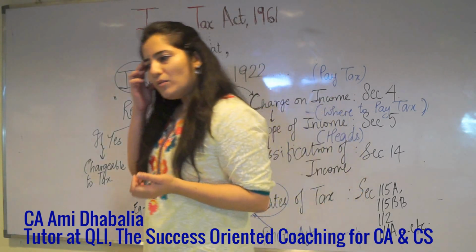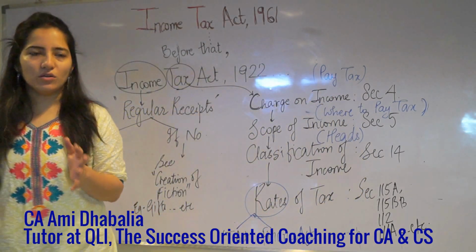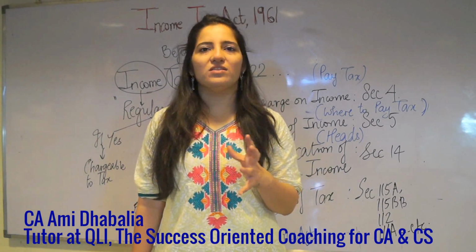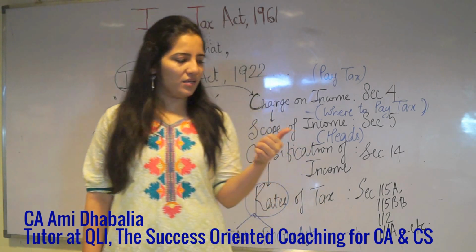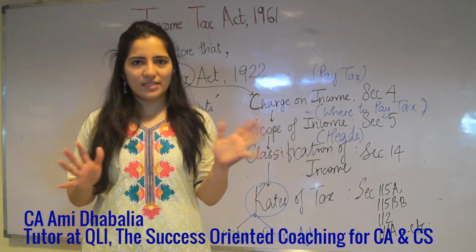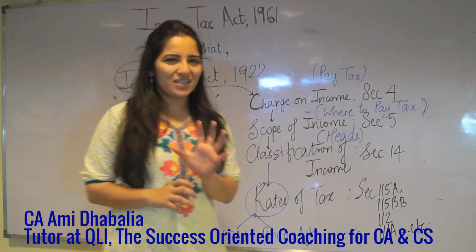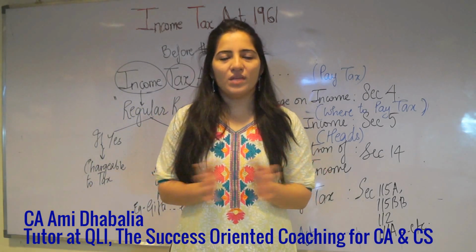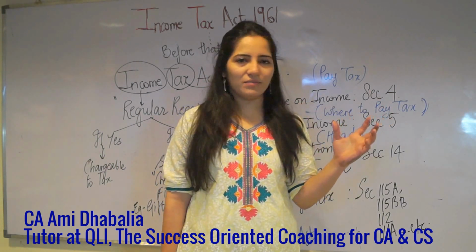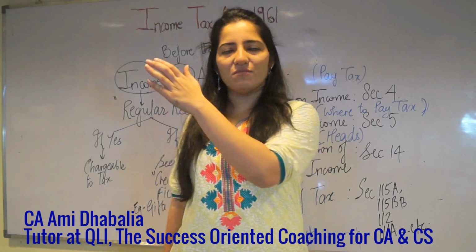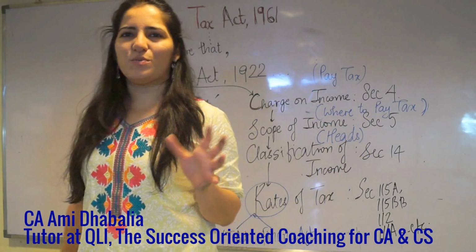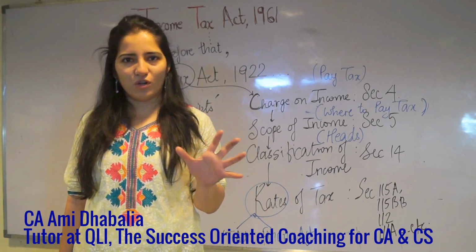After that, people started doing bigger work. The amount as well as the volume also increased, and thereby these five heads of income that we know of today, income from salary, business, house property, capital gain and other sources, came into being. So these are basically the things which you and I know. Now the intention of this lecture is to get you through the basics of income tax, starting from section 1 to section 10. I'm not going to really explain these sections, just give you a very brief knowledge about it.